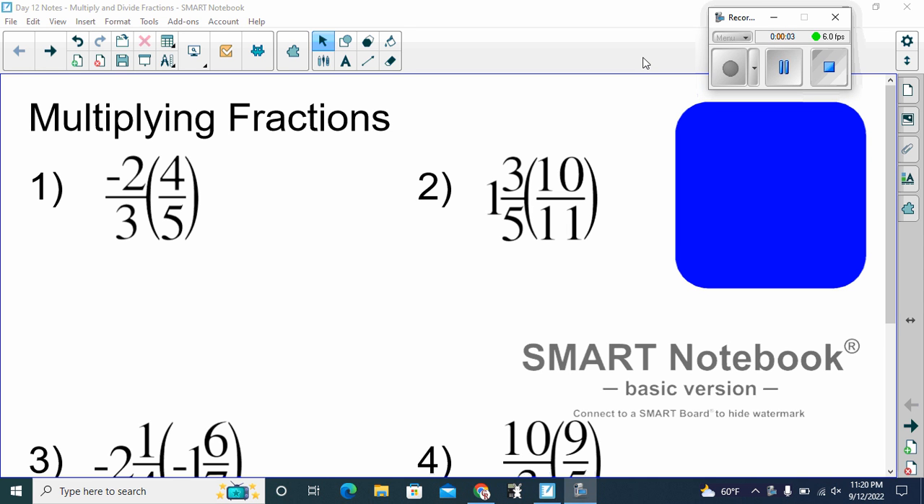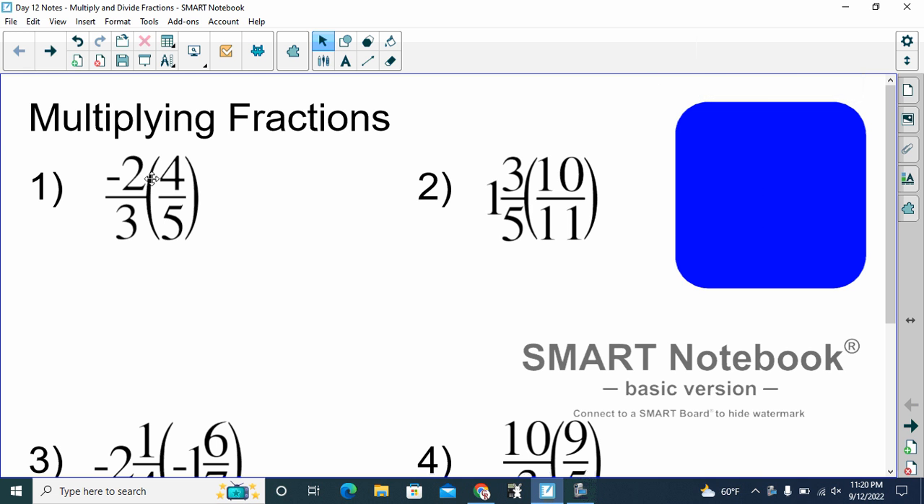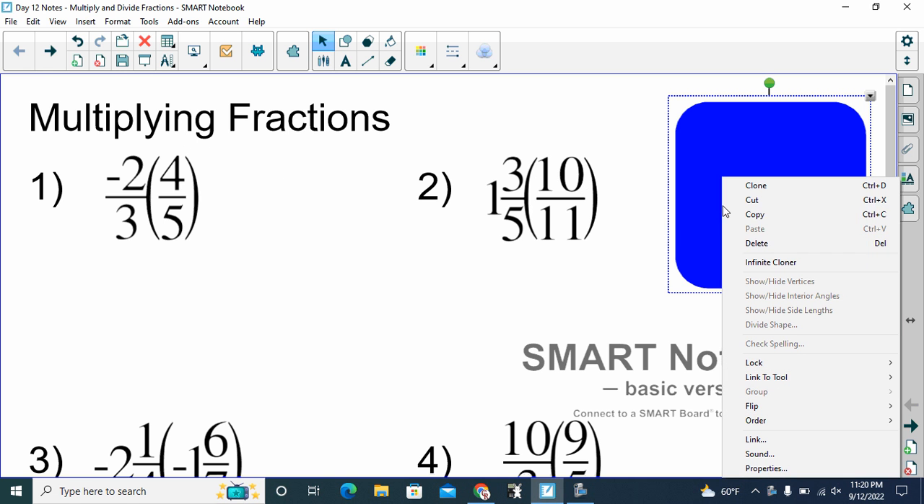Today's notes are on multiplying and dividing fractions. Last class we reviewed how to add and subtract them. And for the most part, multiplying and dividing fractions is easier than adding and subtracting because we do not need